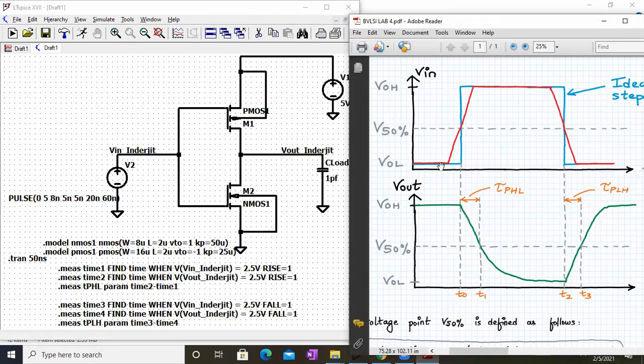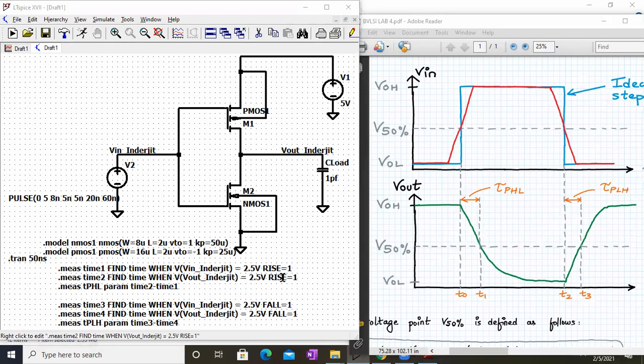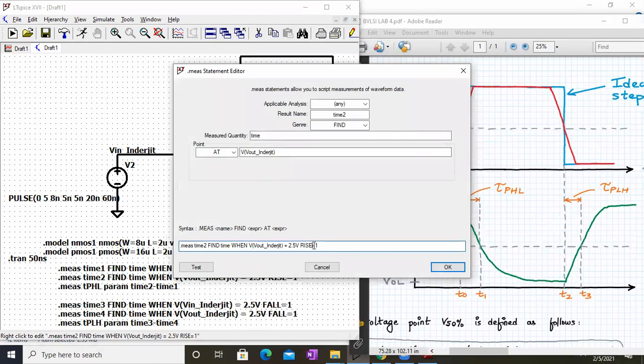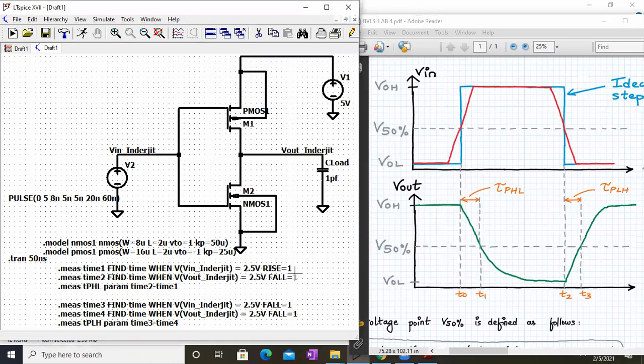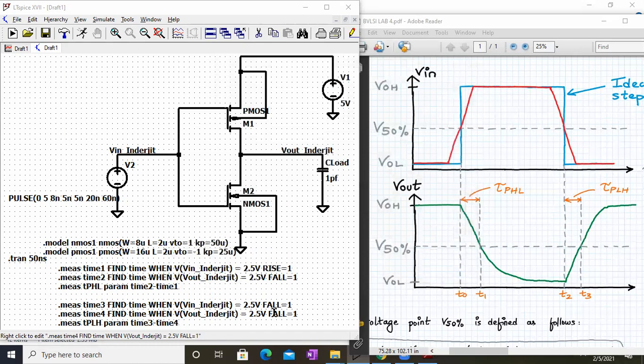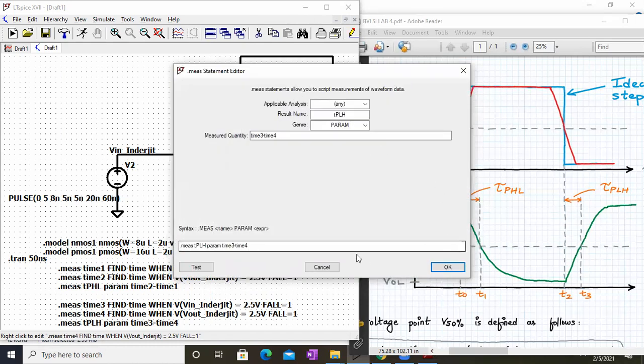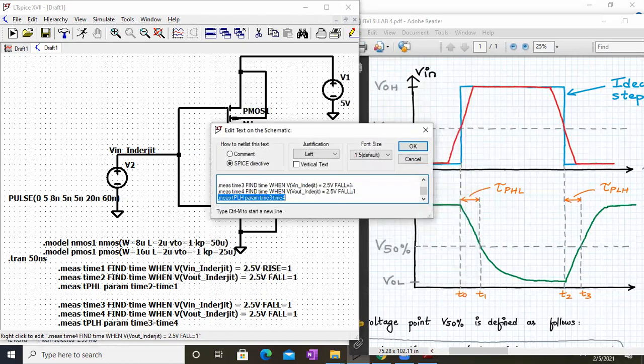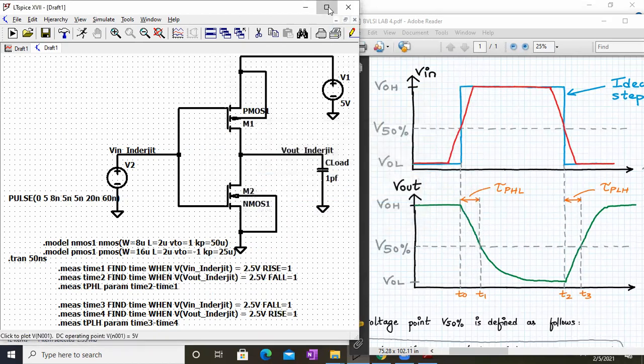The problem is that here we are calculating input when it is rising at 50%, but at the same time, you have to calculate output which is falling. So here instead of rise, it will be fall. And here the input will be falling and the output will be rising, so here it has to be rise. We have to define that very carefully. So let me open it and calculate it, and call it rise over here. Now it will give you proper answers. I'm definitely sure of it.